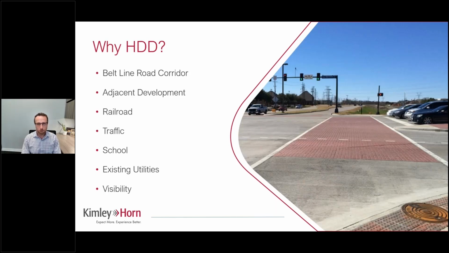So pretty much all around us, the areas were already developed, and we had commercial, retail, multifamily and single-family residential all around us. So pretty developed area. There are also some schools nearby and a golf course in close proximity. So lots of activity there. There was a railroad as well that paralleled Beltline Road on the north side. So we really were restricted to the north of where we could go. And then just lots of existing utilities existed in this corridor, really on both sides of the street. And so we were really left with either the median or the pavement itself as far as where we could